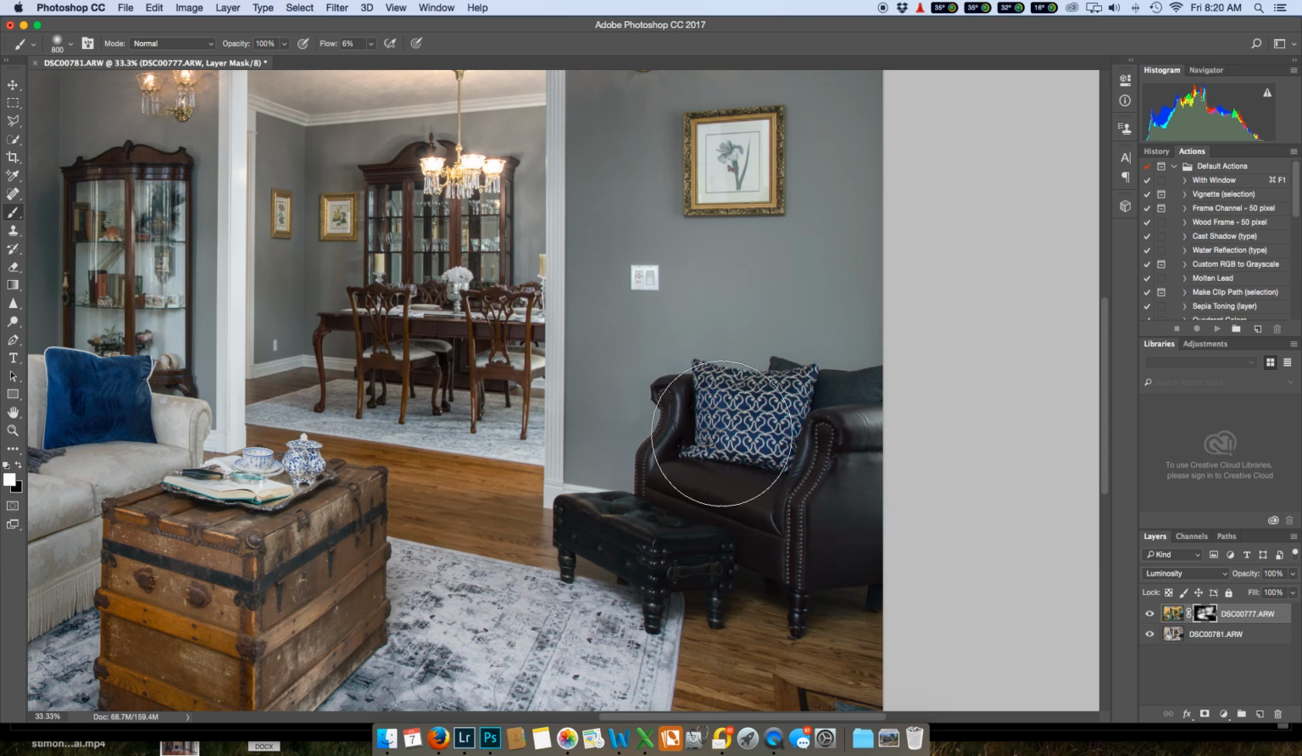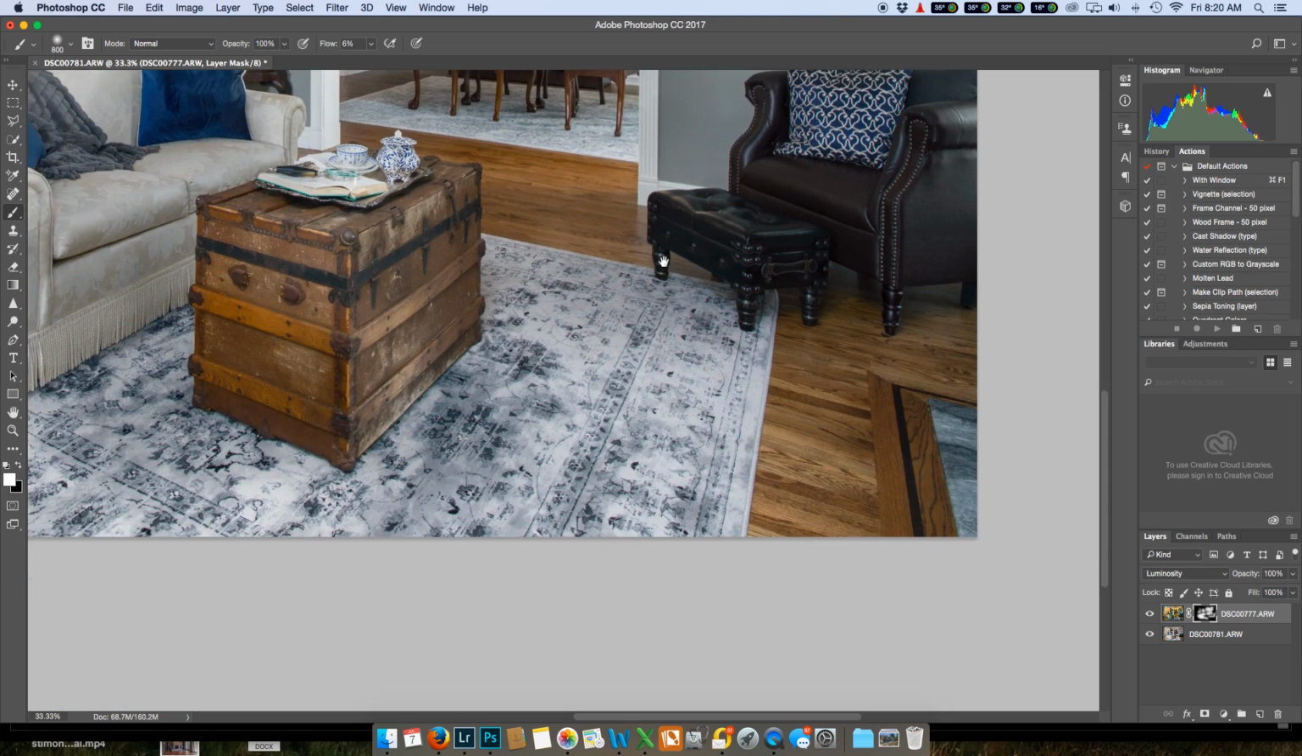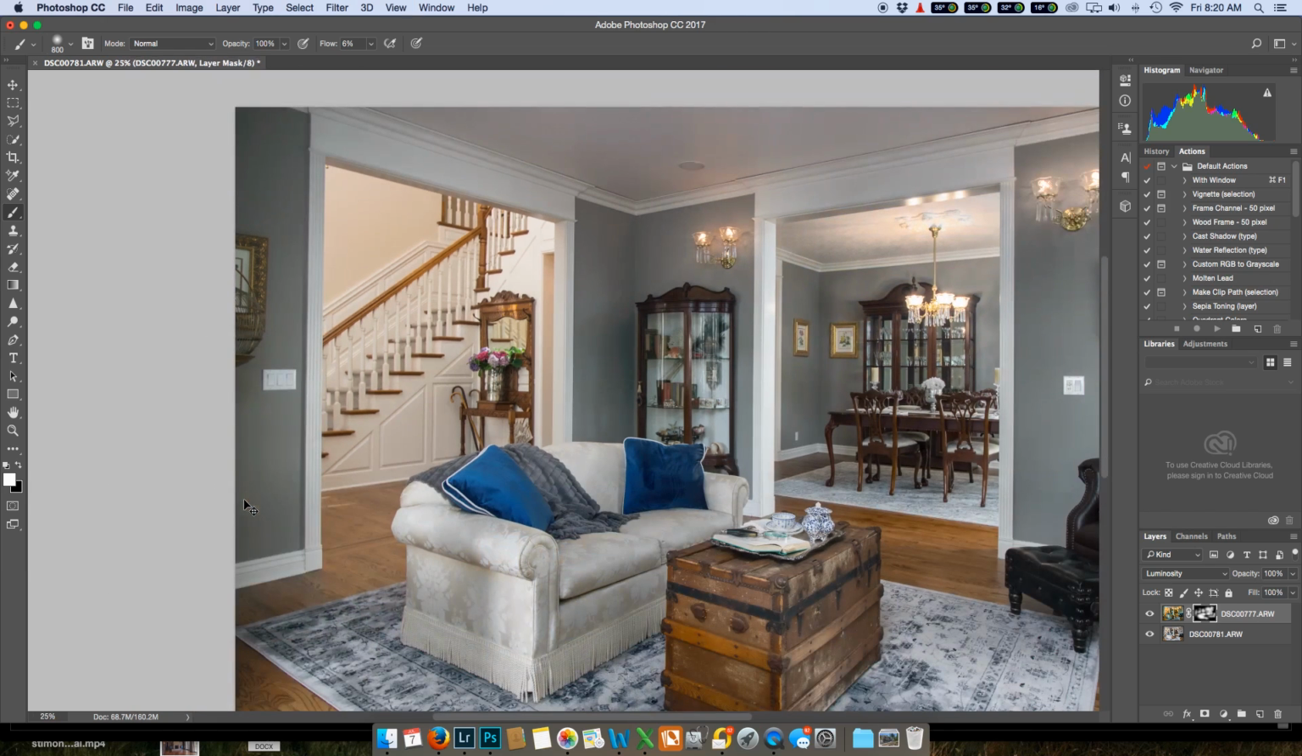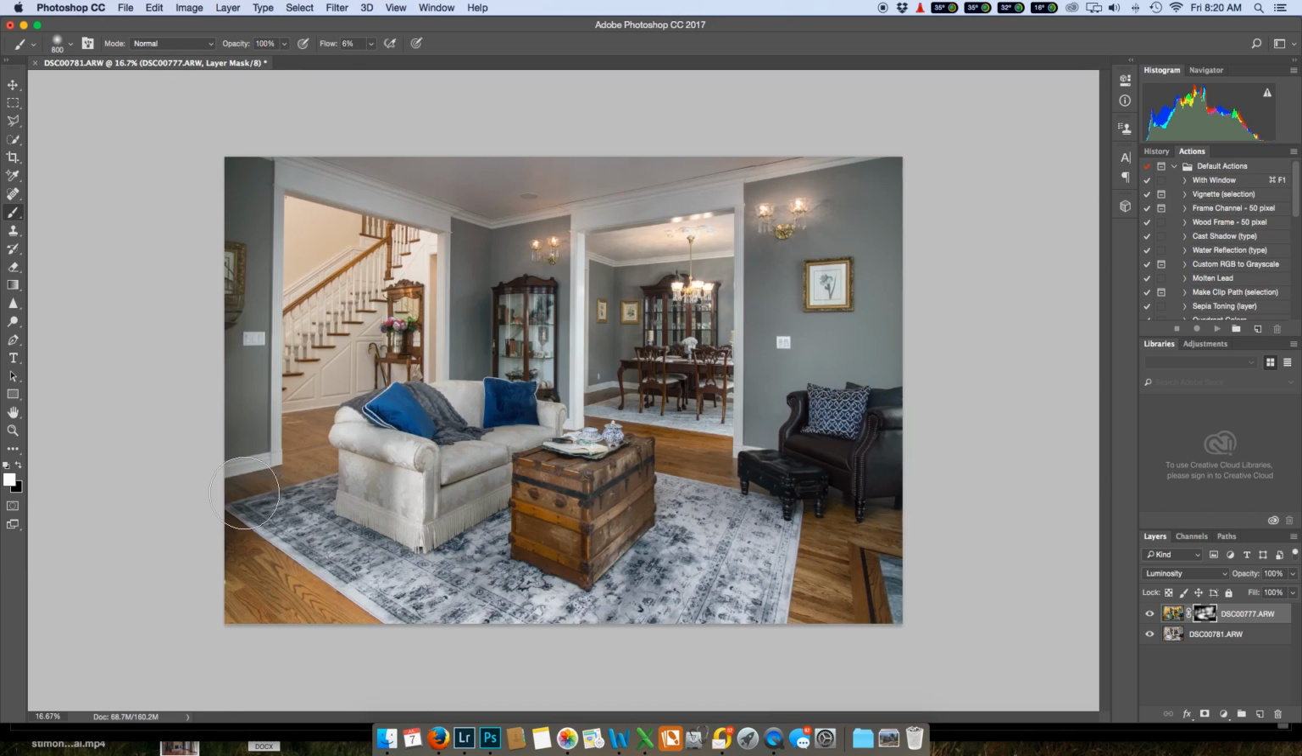Getting a little bit of, I love that shine on the chair, by the way, because there's a window right there. It's adding a little realism. There we go. Okay, a little more ambient in here. Now I'm going to zoom out and I'm going to show you if we had it in normal mode